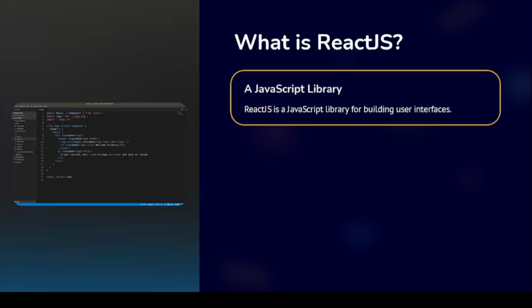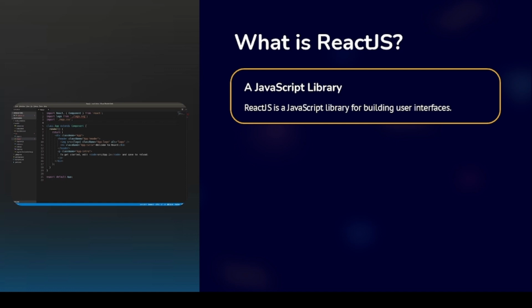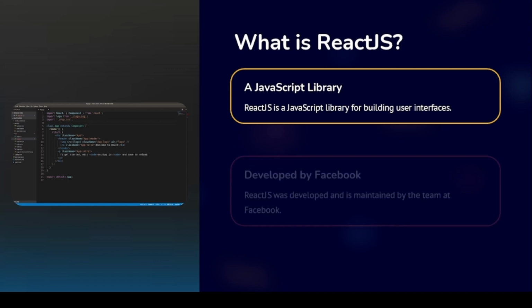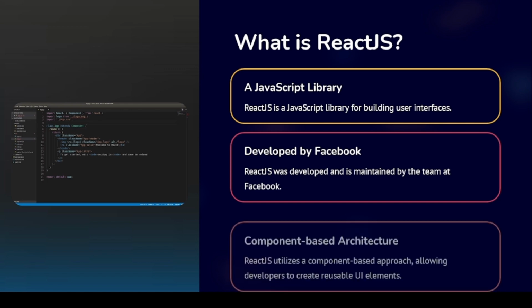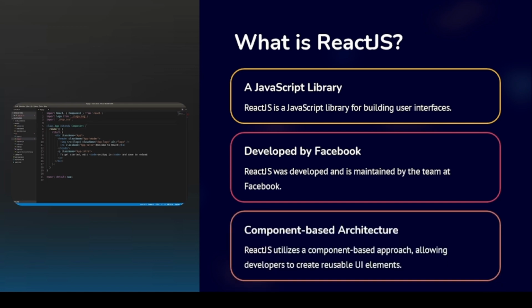React.js is a JavaScript library used for building user interfaces, particularly single-page applications. It allows developers to create large web applications that can update and render efficiently whenever the data changes. It was initially developed by Facebook and is now maintained by Facebook and a community of developers. React allows developers to build components in order to make complex user interfaces. Let's have a look at the features.